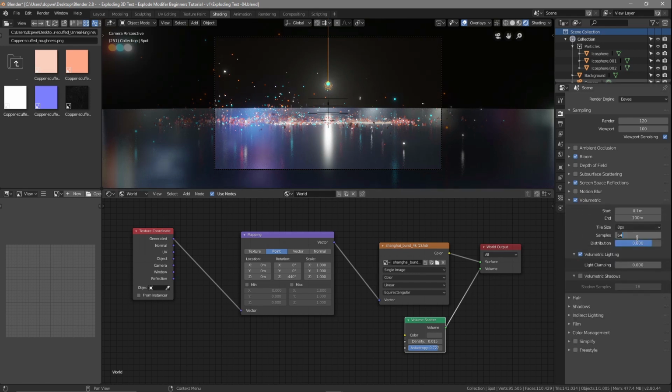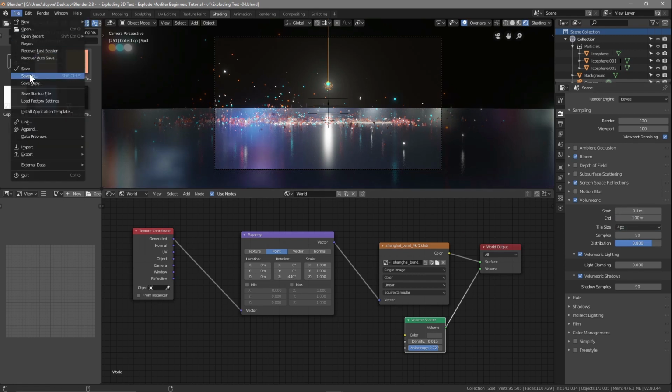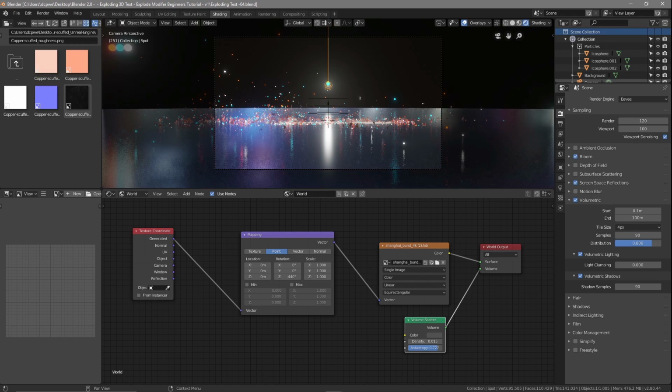Let's set the samples to 90. Turn on volumetric shadows and set those to 90. And then set the tile size to 4. You can set it to 2, but 2 takes literally ages to render at each frame, so I'll leave mine on 4. Let's save this, and then